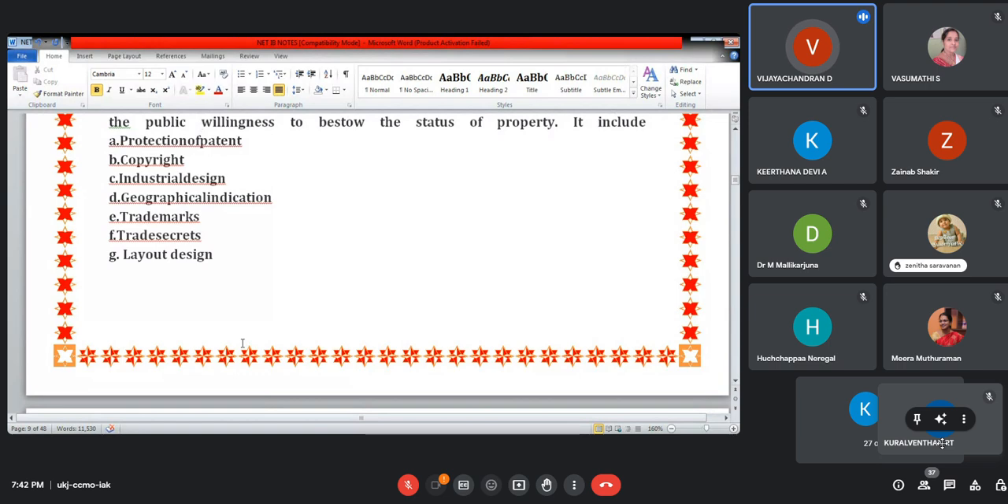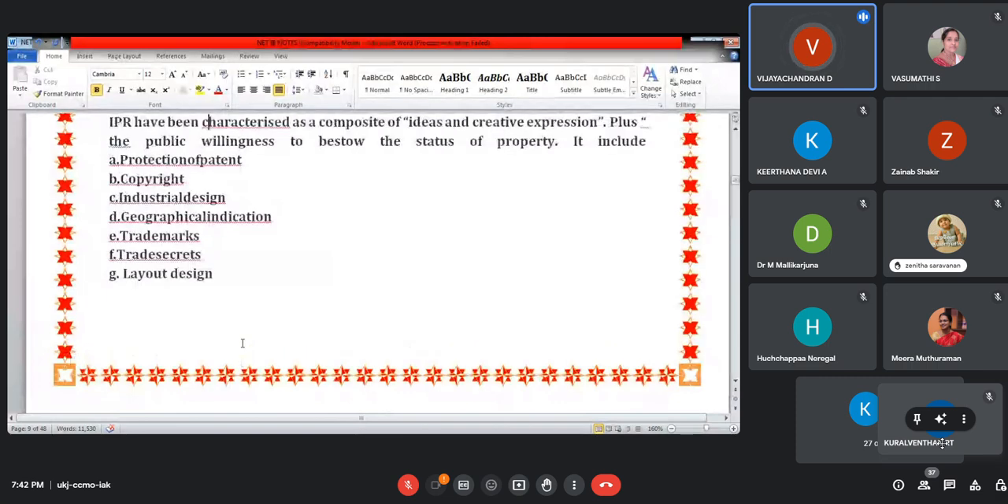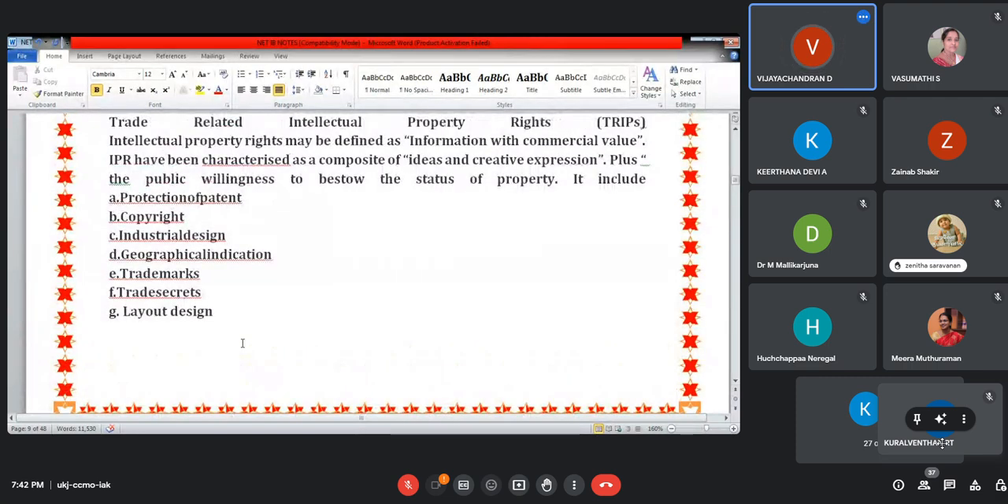Trademarks, as you know, is a symbol, the symbol you are using. Trade secrets are unique; you have secrets. And layout design. So all are coming under TRIPS, trade related intellectual property rights. So all these organizations are coming under the purview of